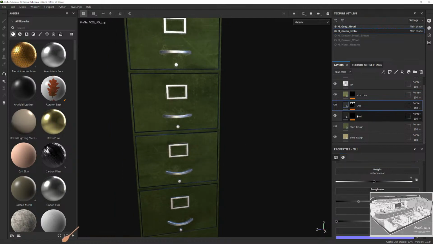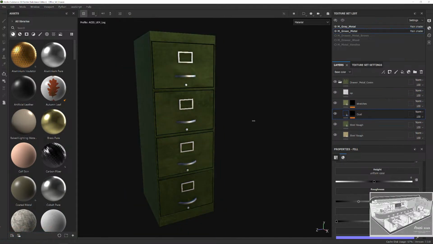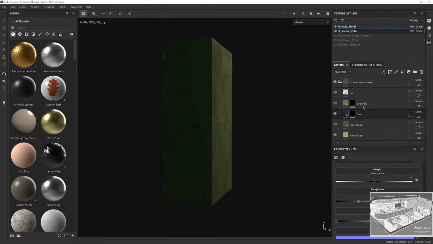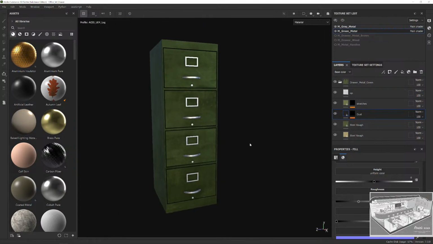Let's just get rid of this. Ambient occlusion doesn't really, it's not helping. Yep. Gets the job done. Let's just export